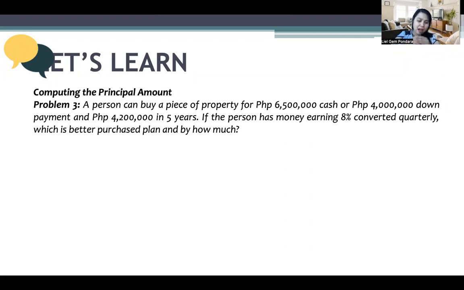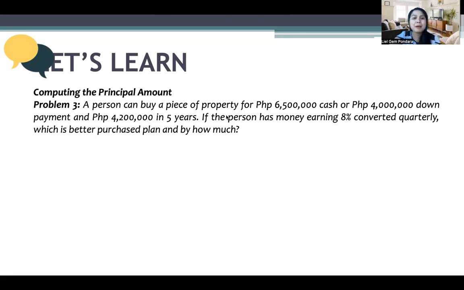Other than the down payment and the next payment, you don't make any payments, or else it becomes an annuity, the next lesson. So the option 1 is we pay 6.5 million in cash. And the other option is we pay 4 million down payment and 4.2 million after 5